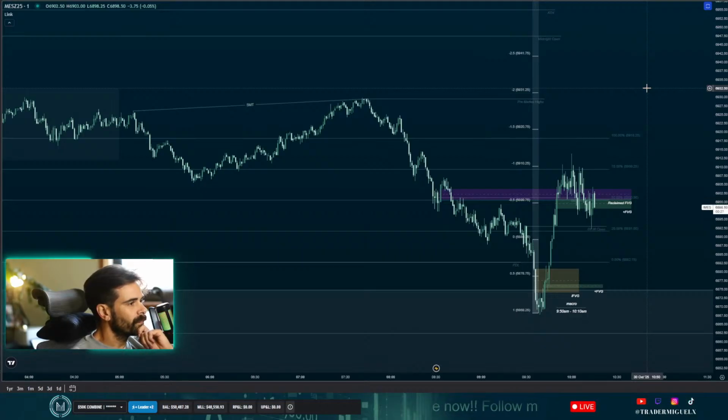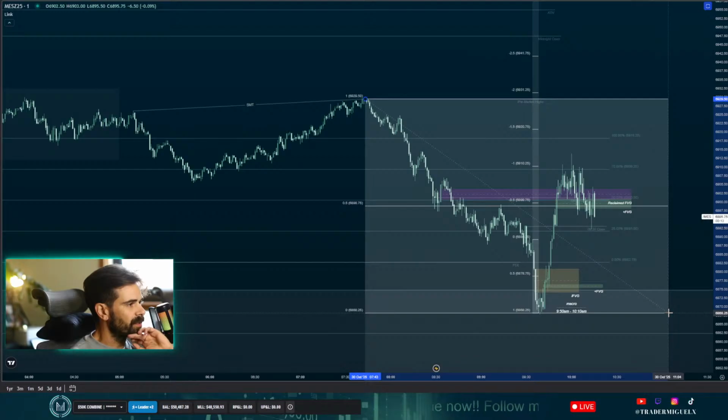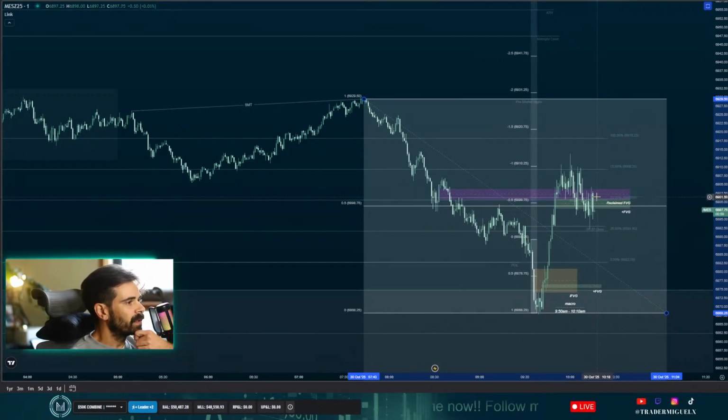Yeah, but not liking how this is behaving right now. Let me just see where price is in terms of, it came from equilibrium. So we rejected 75% of the daily wick. Now we are rejecting 50% of it. Should we go for another drive lower? But for that to happen, I would